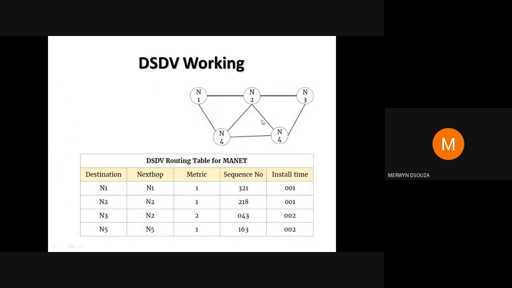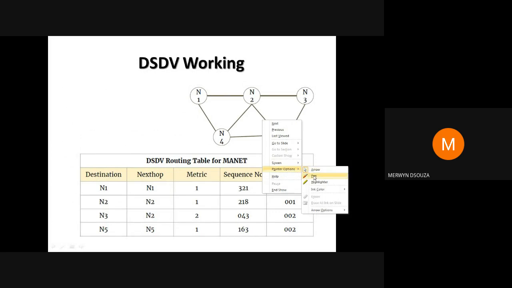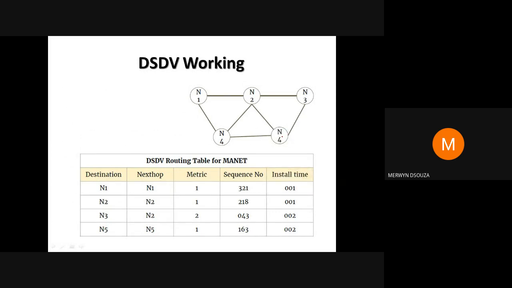Okay, so let me tell you how this process will work in case one of the nodes gets disconnected or moves away from the network. Remember this is a MANET, it's not a wired connection. So just for assumption, let's assume that this entry node gets disconnected. If this node gets disconnected, how will the table for N4 get updated? It needs to get updated, right?